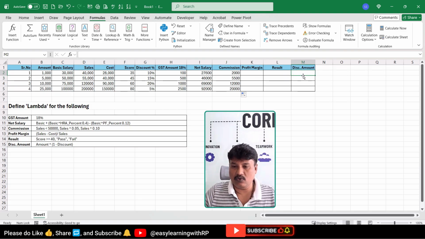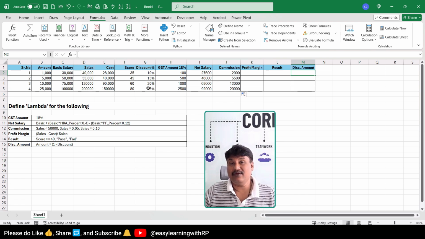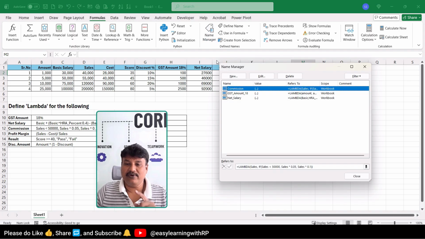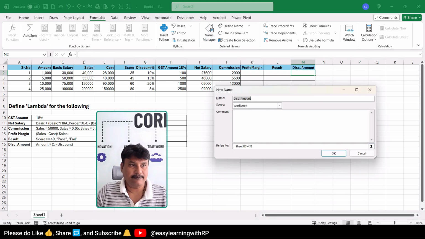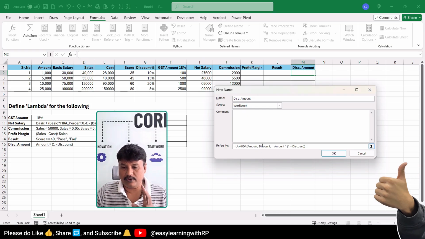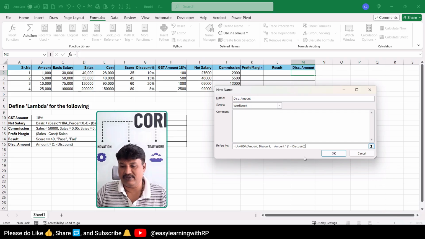Let's take a discount kind of thing, and here we will give a discount based on this percentage. But a different thing, we are just going to use an array over here. Let me first define a normal Lambda function. So this is going to be Lambda amount and discount, two cell address values we are going to pass, and we are calculating the discount as amount times 1 minus whatever the percentage was given there.